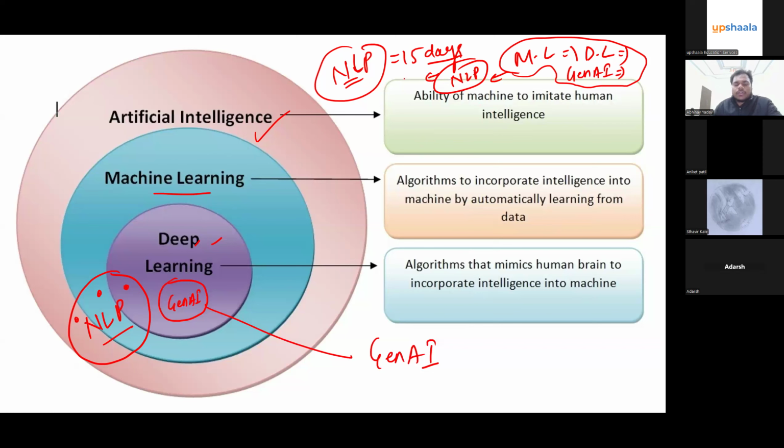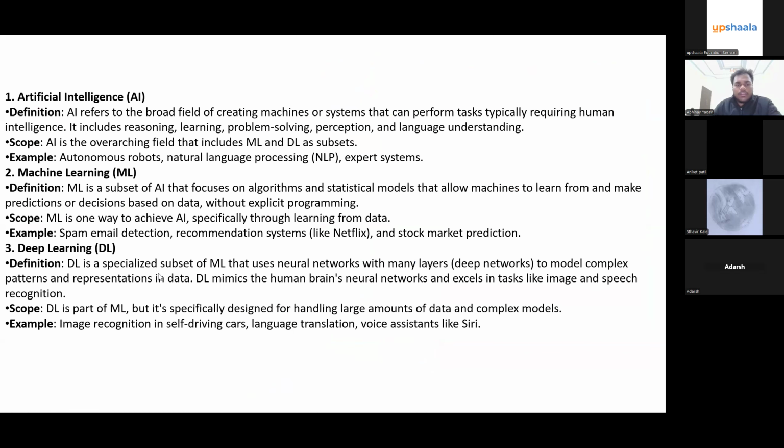And mostly we will do hands-on projects in this, such as tokenization and word suggestion and all kinds of small miscellaneous projects. That will give you hands-on practice. So this is the major difference between AI, machine learning, deep learning, generative AI, and NLP. Fine. Now the same thing, you can read these things also.